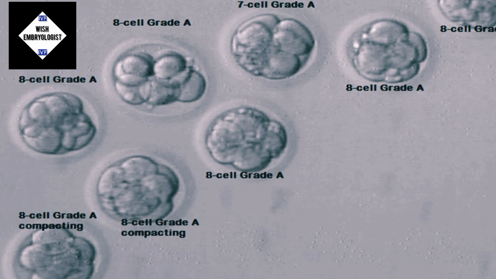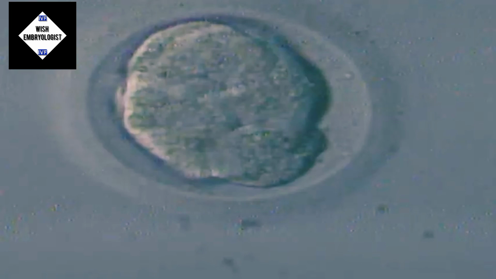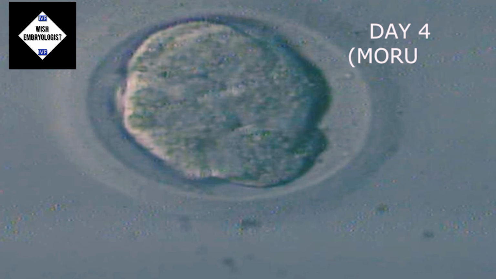So when you say grade A, what does that mean? You count the number of cells, the 8 cells, all the cells are clear, equal in size. There are not any fragments. Fragments are small little blobs of the cells when they break up. So top quality day 3 embryos are 8 cell grade A embryos, though you don't know whether this embryo will continue to develop tomorrow or not, whether it will form a morula on day 4. So you start thinking whether this morula will go on to make a blastocyst or not, and this keeps going on.